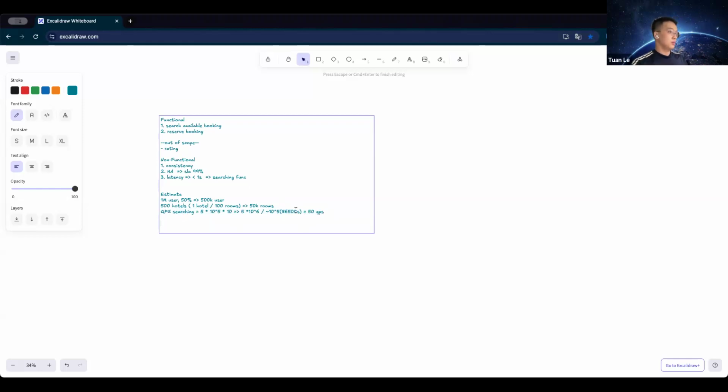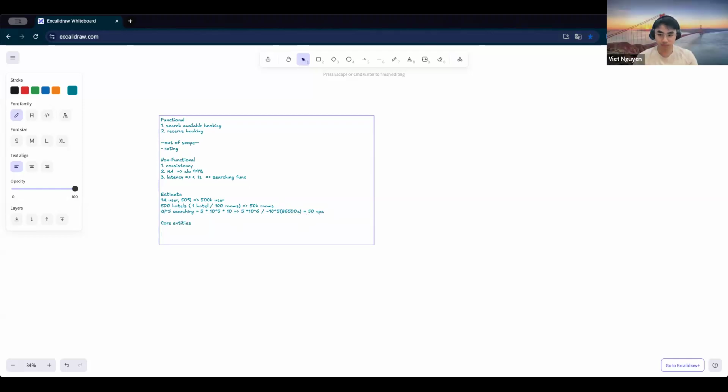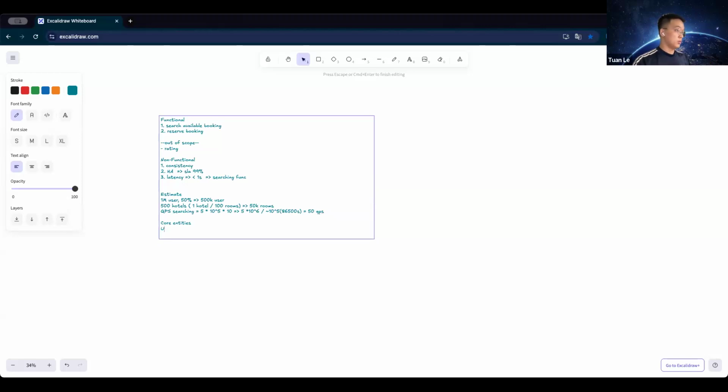So we continue with some entities, right? So the first, I think we should have the user: role, the ID, the name, the content.